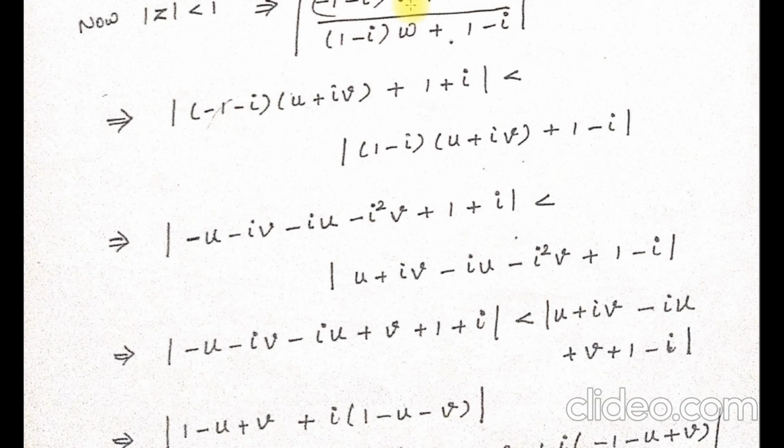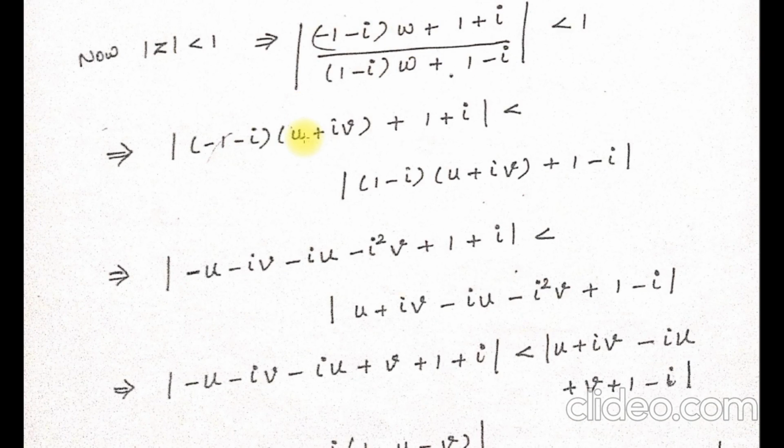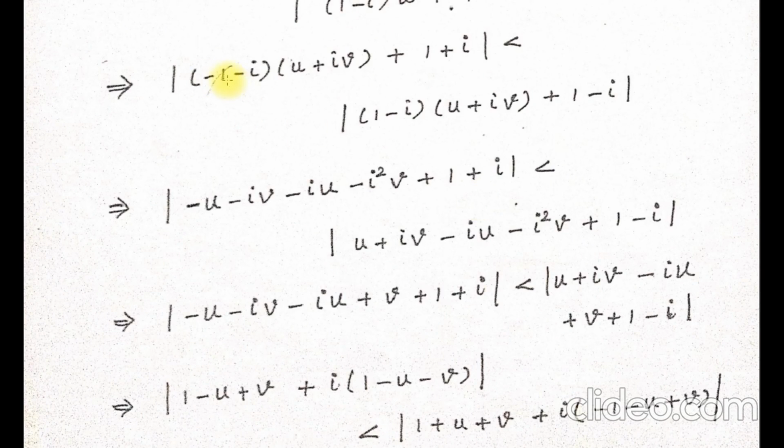Now for w I am replacing u plus iv. Similarly here also I am replacing w equal to u plus iv. Now I am multiplying these two terms, that is the only change here. So I am getting 4 terms plus 1 plus i. Similarly these terms were multiplied here and I am multiplying this. Okay, in what manner is the simplification going? See, I have to find out the modulus in the left hand side as well as on the right hand side, right? I am going to find out the modulus.